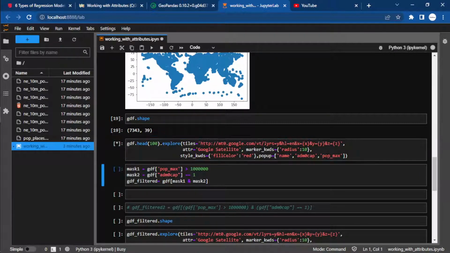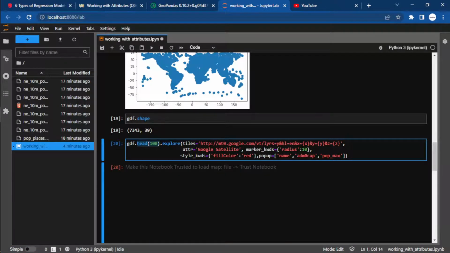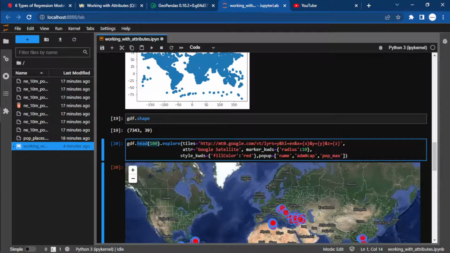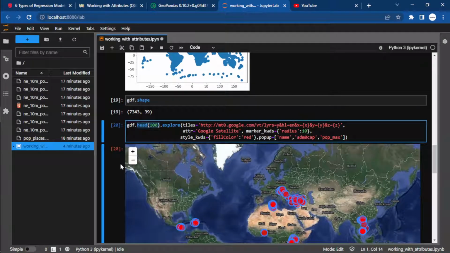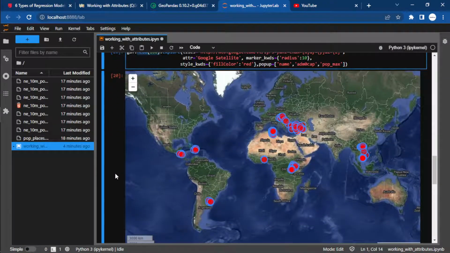So shift and enter. Before it loads, I'm plotting only just 100 places, because if I try to plot the whole GeoDataFrame, it might be very clumsy and take a lot of time. So we are just exploring quickly. So here we have